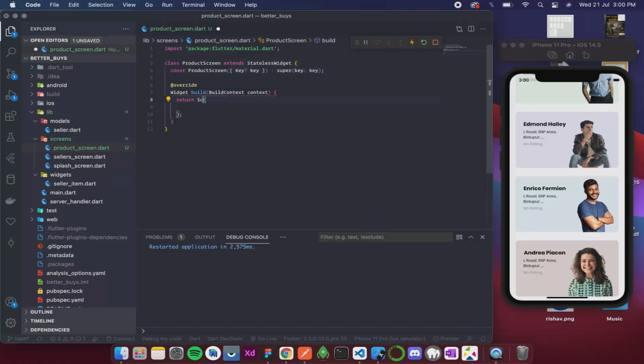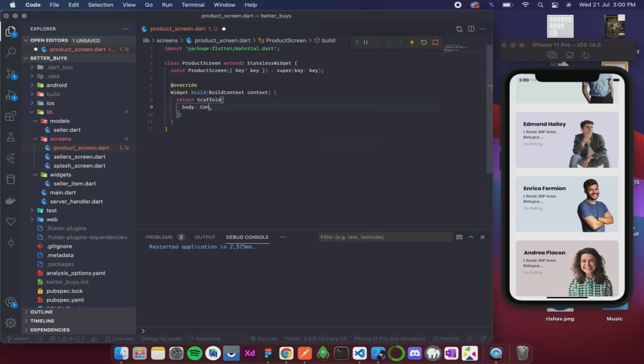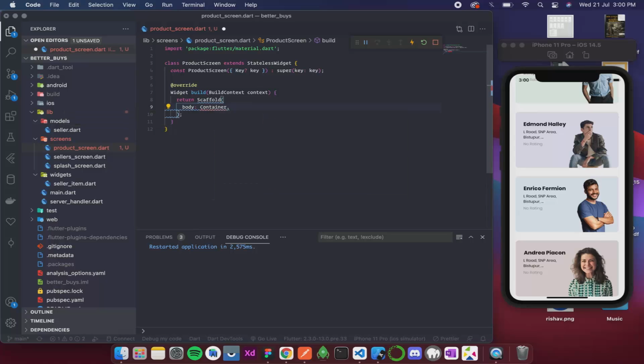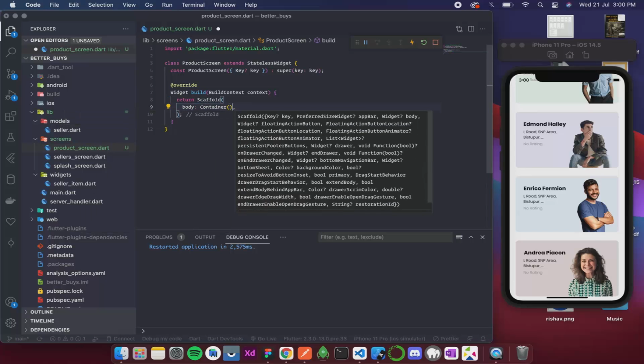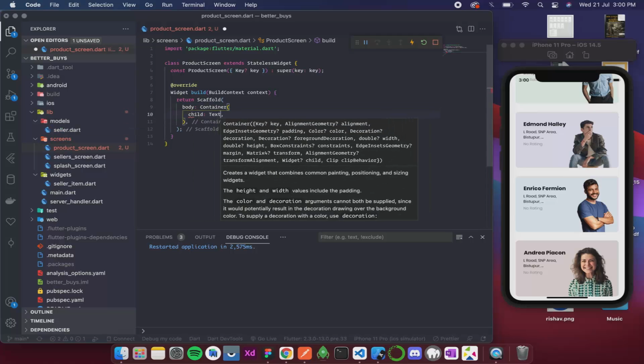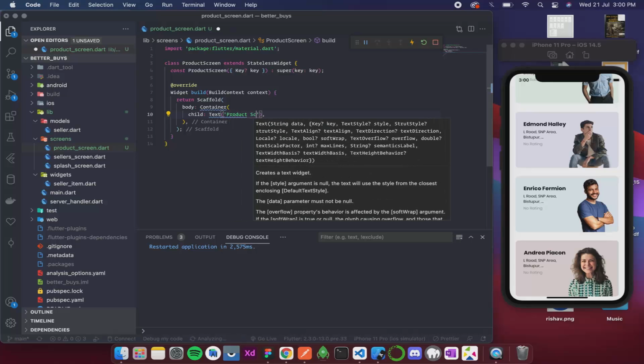Over here, instead of container it will be a scaffold, and the scaffold will have a body, and the body for now is going to be a container. The container will have a child, and the child is a text, and the text says product screen.